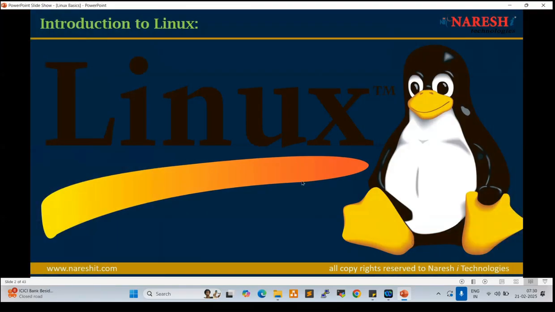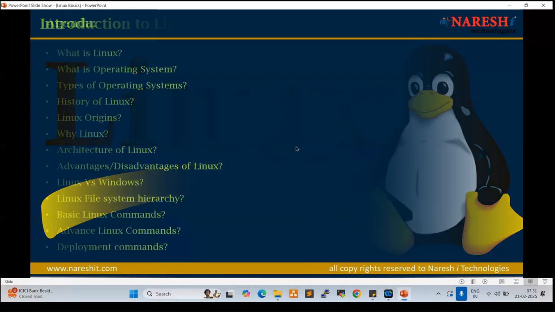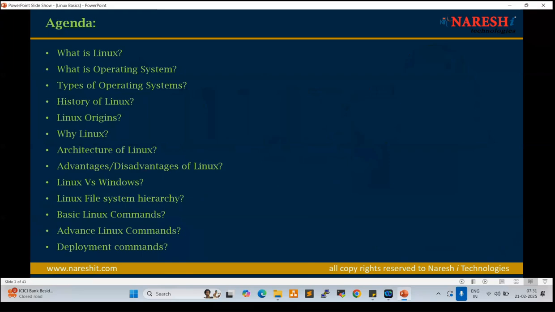Introduction to Linux. The agenda here is: what is Linux, what is an operating system, types of operating systems, history of Linux, Linux origins, why Linux, architecture of Linux, Linux advantages, disadvantages, Linux versus Windows, Linux file system hierarchy, basic commands, advanced commands, deployment commands.